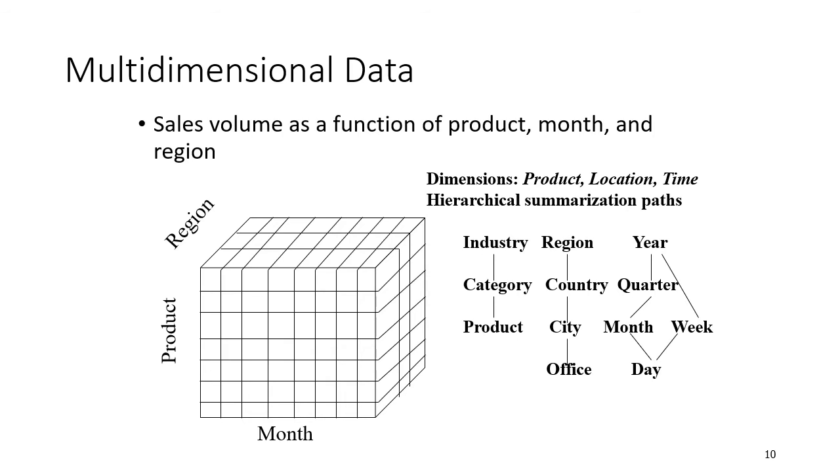What we need to do is choose some dimensions. On the concept hierarchy you have seen what the three dimensions are. Now we have to choose the appropriate level at which we want to represent the cube. From industry, category, product, we have chosen product, and from region, country, city, office, we have chosen the topmost, region, and we have chosen month in the time dimension. So we get this type of structure.